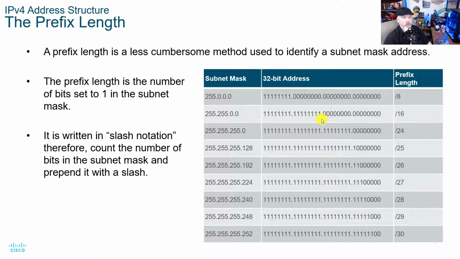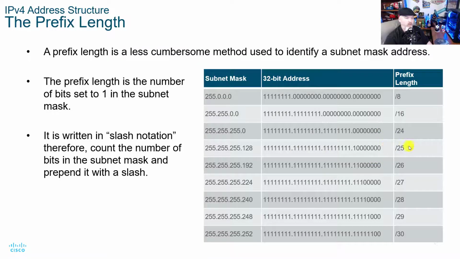I recommend learning how to do this prefix length and where your numbers are. It's really simple because your prefix length is how many ones you have, and you just count them up. So if your subnet mask is 255, that's your first octet. That's 8 ones. That's a /8. You add a second octet, that's /16. You add a third octet, that's /24. Just basic math with ones and zeros. Even me, who has trouble with math, can get this.